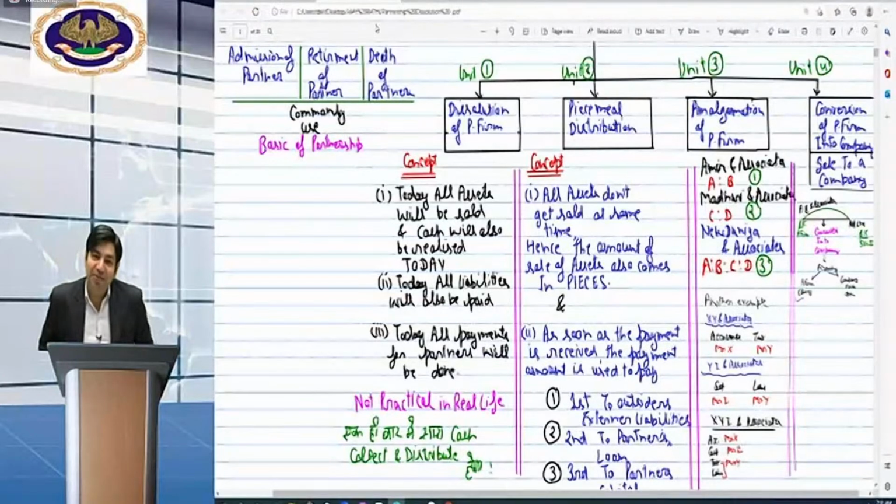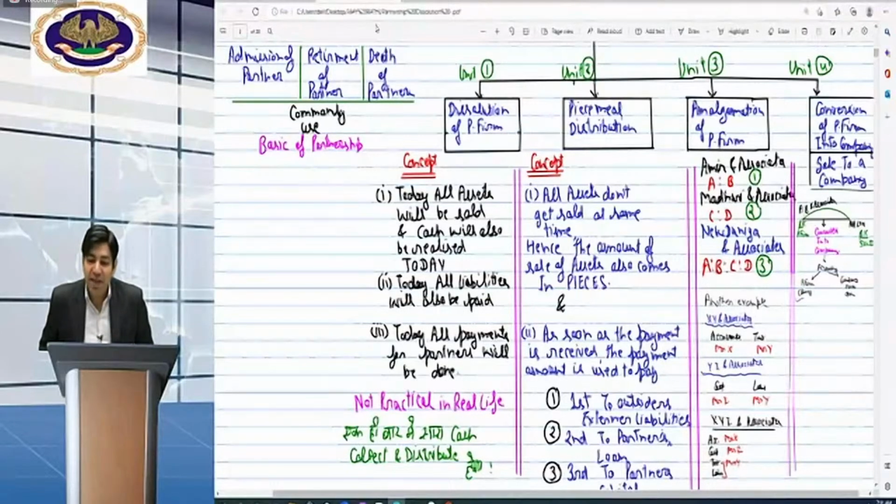into a company. When the business is being converted into a company, there are two situations, two sets of books: the books of the vendor, that is the partnership firm being sold to the company, and the books of the company. You learned in the first group how the pre-incorporation profit is calculated in the books of the company. Now you are seeing another part, how the accounting is done in the books of the partnership firm.